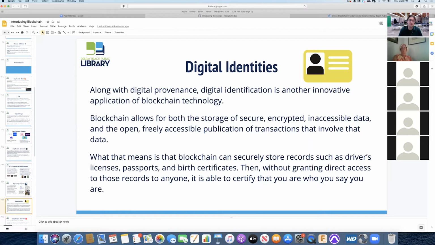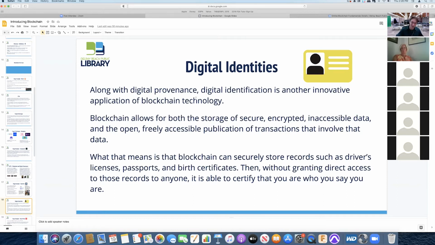Next topic is the idea of digital identities. This has been a long-standing issue with the internet. Is how do you validate people? How do you authenticate people? And it's becoming harder and harder by traditional means. I'm sure we've all experienced